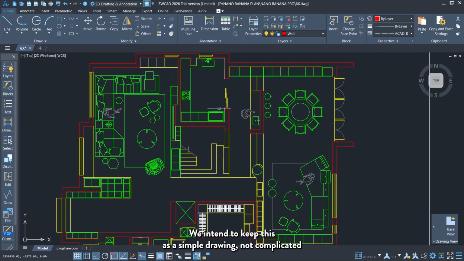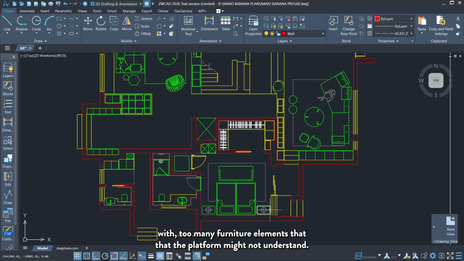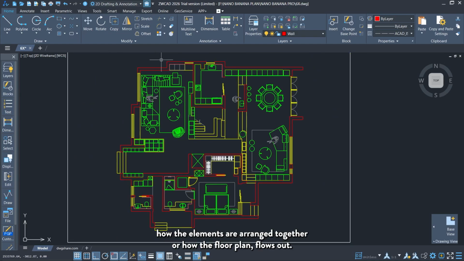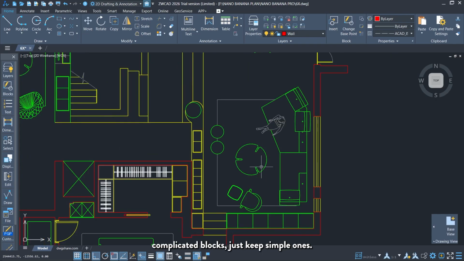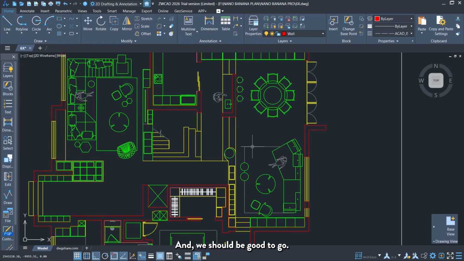We intend to keep this as a simple drawing, not complicated with too many furniture elements that the AI platform might not understand. So it can be a simple, plain drawing. I mean, it can be a complicated drawing in terms of how the elements are arranged together, how the floor plan flows out, and in terms of layout, it can be a complex one. But in terms of your furniture, try not to add complicated blocks, just keep simple ones, and we should be